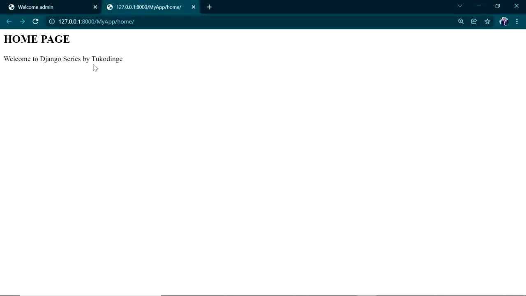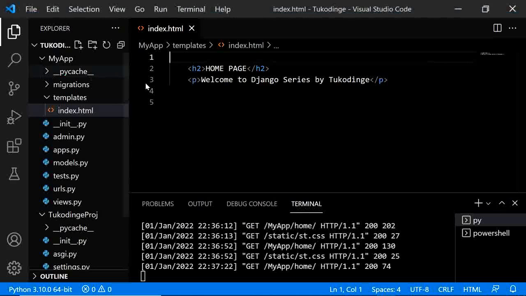Okay, perfect. So that being said, let's now continue from where we stopped last time. So what we are going to do now is to create a second template, and we are going to call it about us, so the user may navigate from the home to the about us. We are going to do the same process. We are going to create a view that is going to render the about us page, we are going to create the about us template, and we are also going to create that route that we shall use to access the